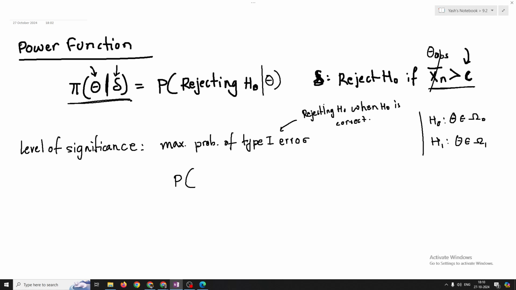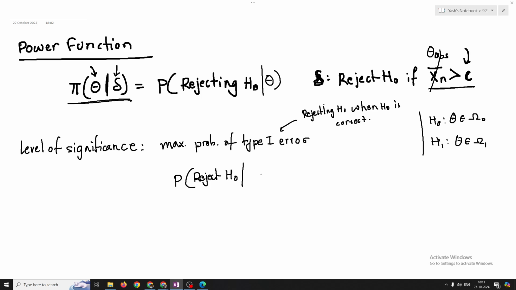So let's call that sample counterpart theta observed. Now our test rule says that if theta observed is greater than some c, then we reject H naught. So what would my type 1 error be? It would be the probability of rejecting H naught